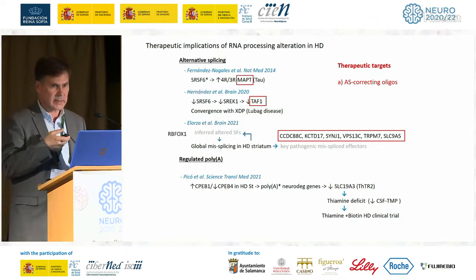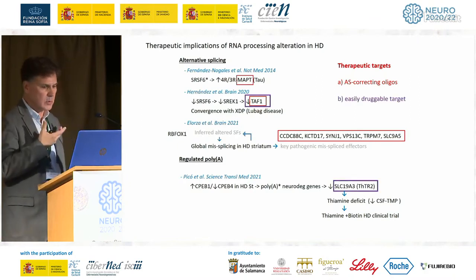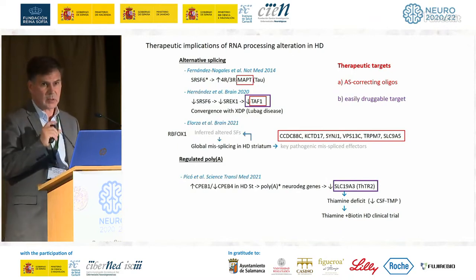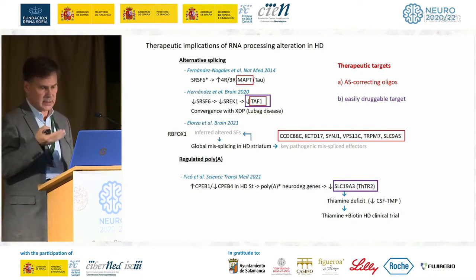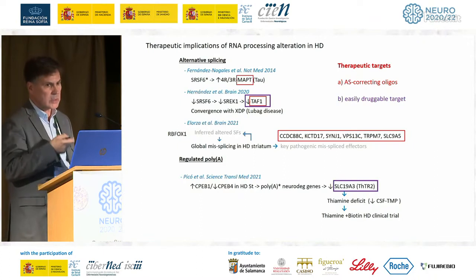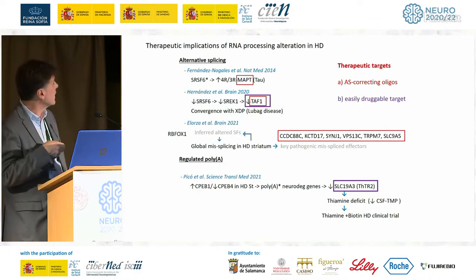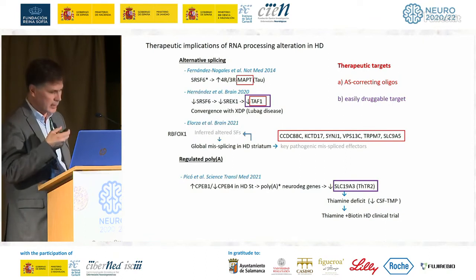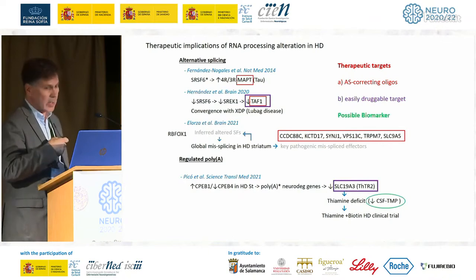Maybe in combination they might help, but they are not trivial, so it is important to keep investigating possible new easily druggable targets, and in that sense, TAP1 might be one of them, because we have evidence that the missplicing is decreasing the protein levels because there is a new protease target sequence that can be counteracted with inhibitors of the proteases. That's something we are testing now. And definitely very easy to implement is the vitamin therapy that is already reaching clinical trials. And also we have found a potential biomarker.